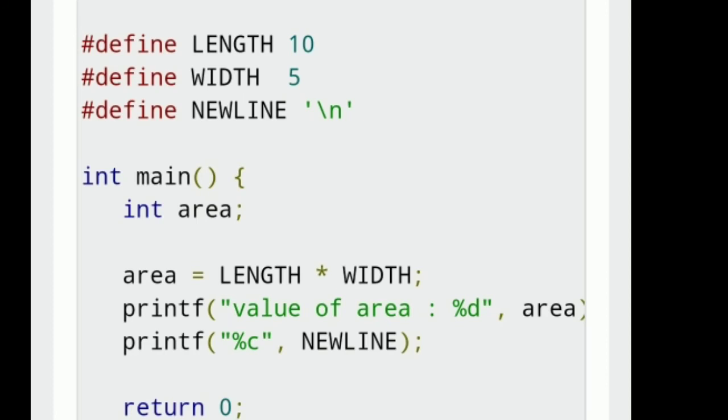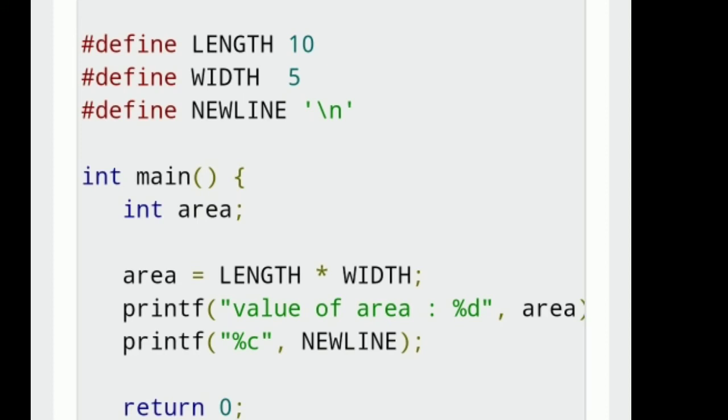For example, you can follow this program. #include <stdio.h>, #define LENGTH 10, #define WIDTH 5, #define NEWLINE '\n'. int main, the open bracket started, int area; ended with semicolon. area = length * width;